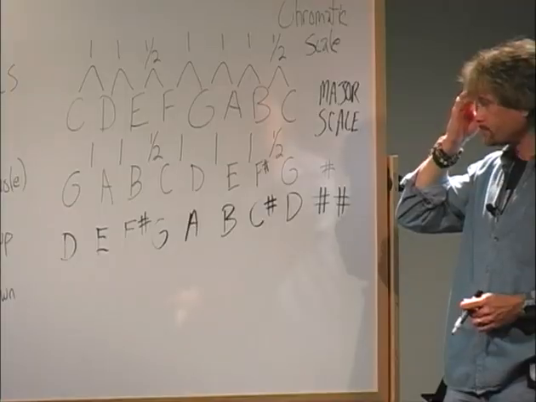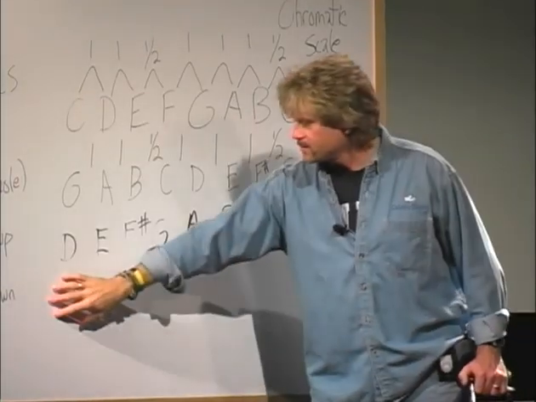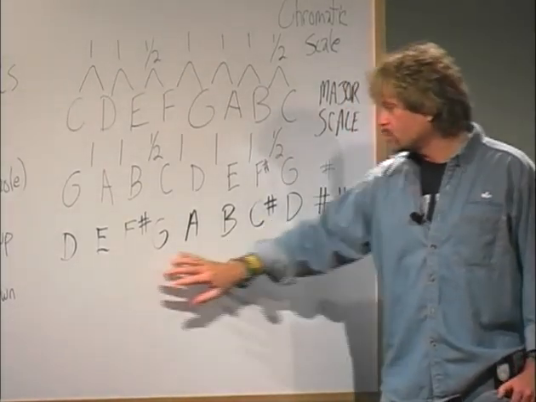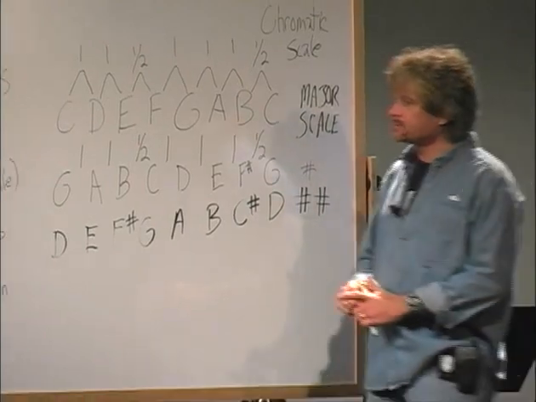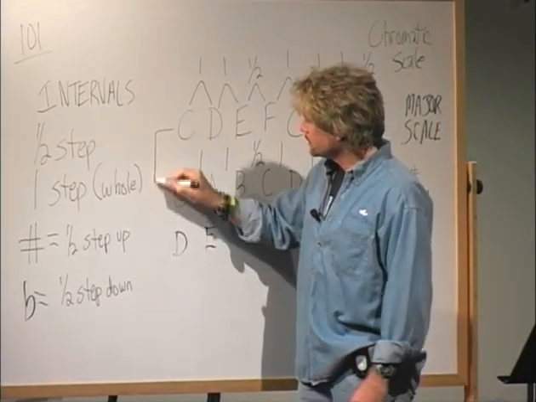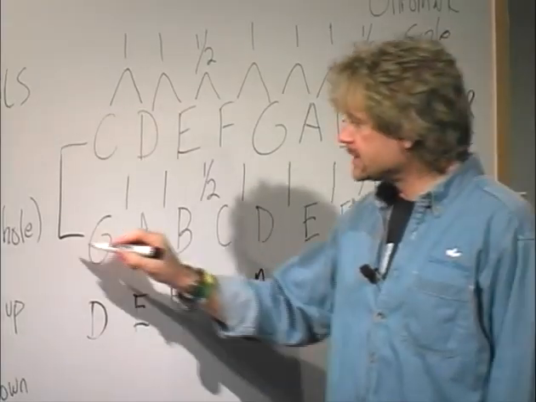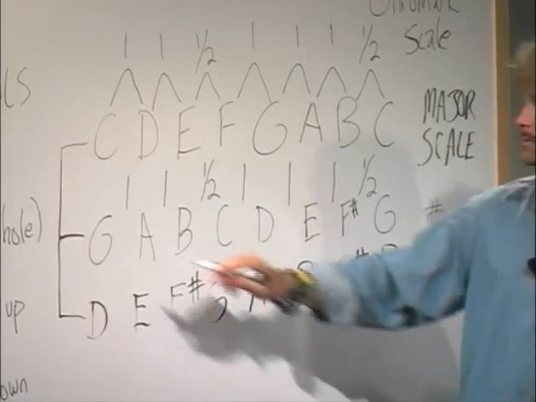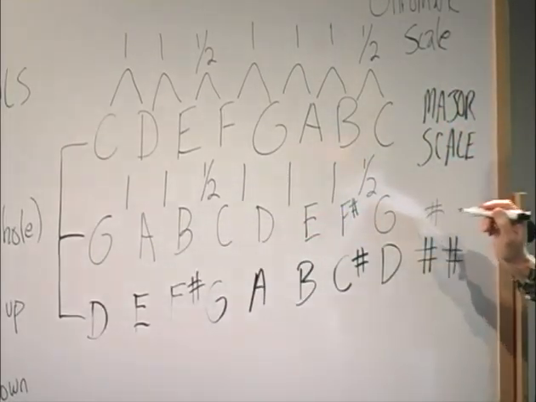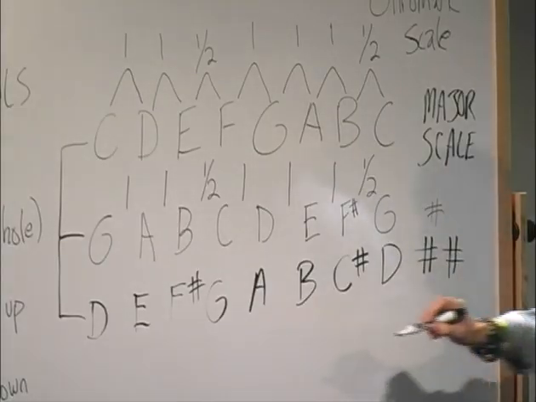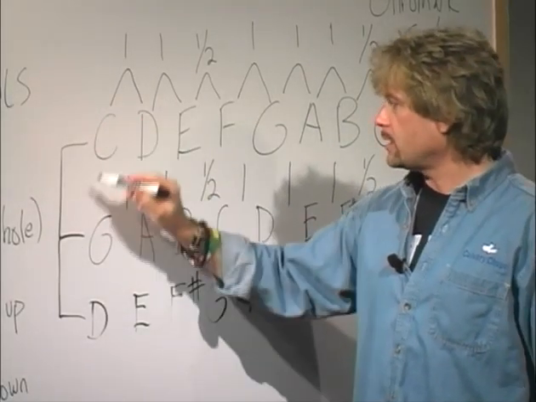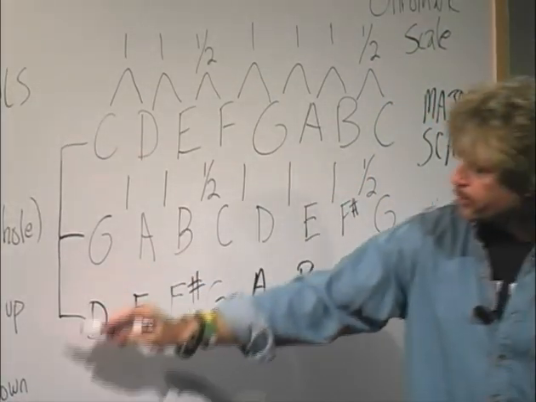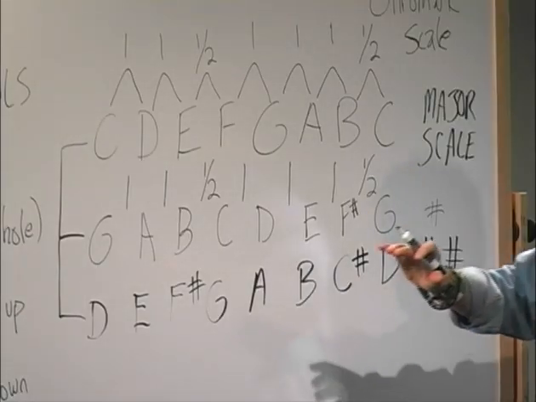But what's interesting is we can anticipate where the next major scale will be that has 3 sharps. The reason is there's an interval here that we can identify that is the exact interval here. You see, I'm not just guessing at these signatures. I knew when I started at G that it has 1 sharp. I knew when I started at D it has 2 sharps. So what we have here is an interval again between here. What is that interval? Because if we identify it, then we can tell the rest of the major keys how